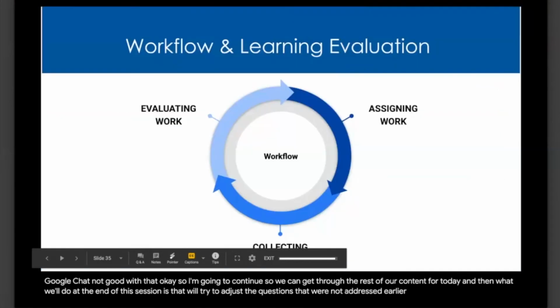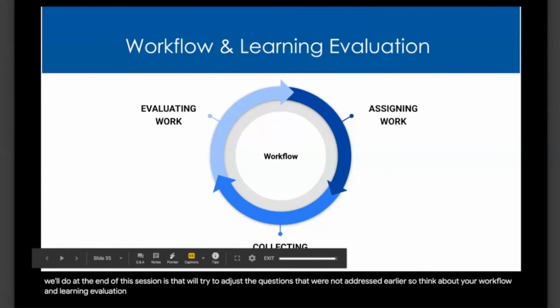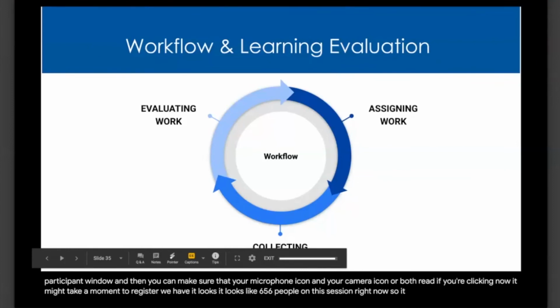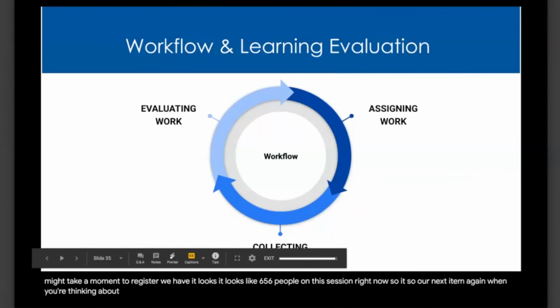So think about your workflow and learning evaluation. You want to think about how you're going to do that. When you're giving assignments, think about how you're going to assign, how you're going to collect, and how you're going to evaluate. So our next item, again, when you're thinking about delivering your instruction and the workflow of your assignments, think about